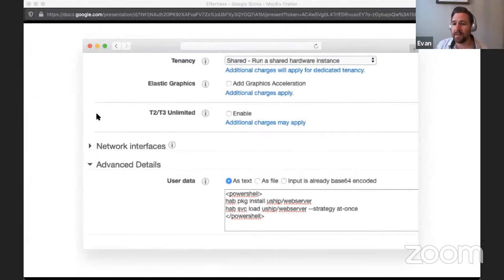So if we want to do this with our AMI, we can do this via the AWS console. Basically, just load this in as user data. So we've got that application AMI that's already got our application code on there, and then we can use our user data to install the uship web server package when it boots up, and that will go ahead and further configure IIS and stuff of that sort afterwards.